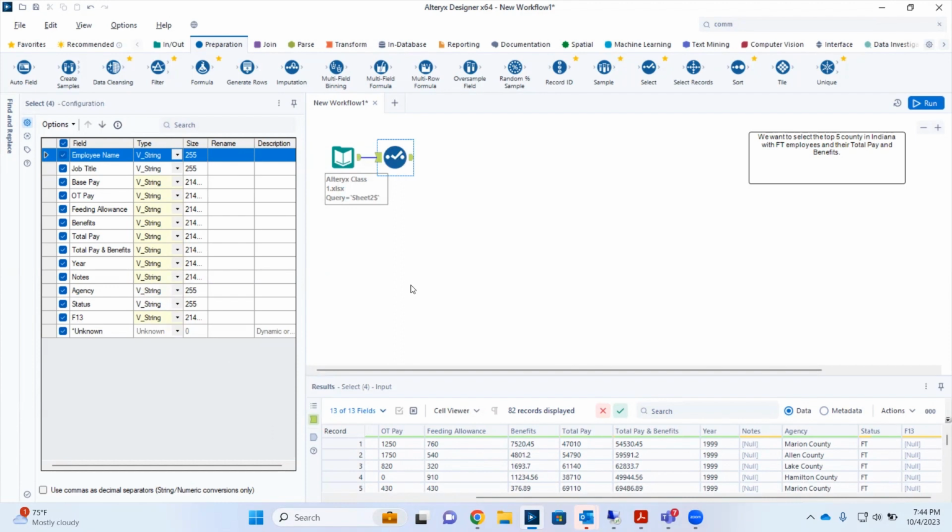There is a tool in Alteryx that can actually do all this data type conversion for you, based on the exact data type it is supposed to be. For instance, we know that total pay can never be V-string; it is supposed to be currency, right? So instead of doing all this manually, the best and smartest way to do it is to bring in the Auto Field tool. The Auto Field tool will do the automatic data type conversion for you. So once you bring this in,